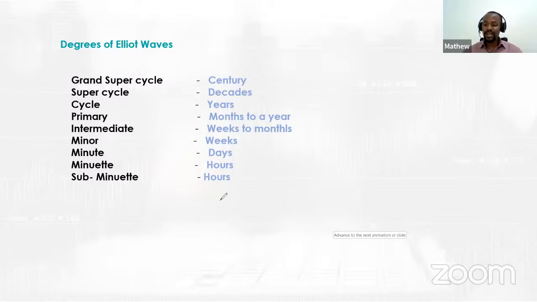Because of course, when you go to the MT4 or MT5, there is the Elliott wave tool which you can use to draw. And once you go there, of course, you find minuette, minute, minor, sub-minuette, primary, cycle. So how can you effectively use them, right? You need to master these terms, and it's going to be important. For example, maybe I can share the screen for